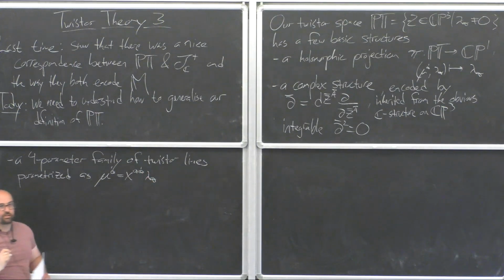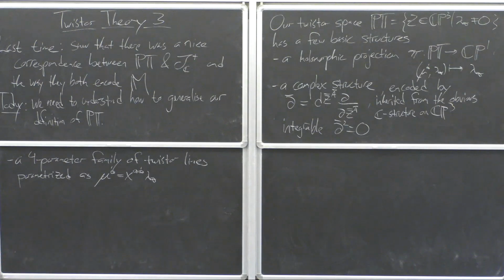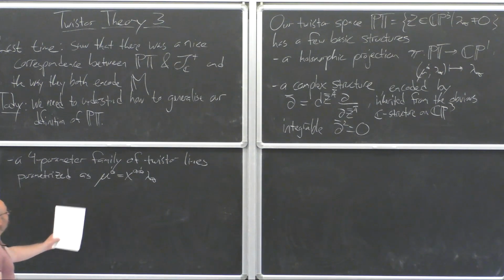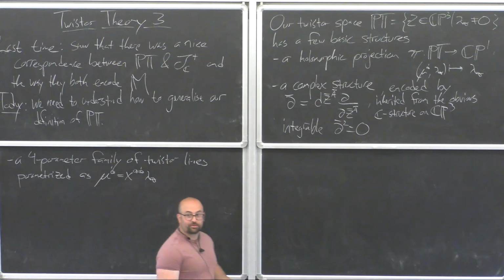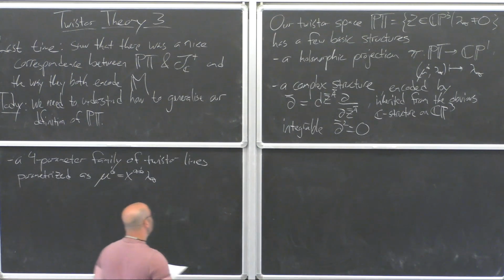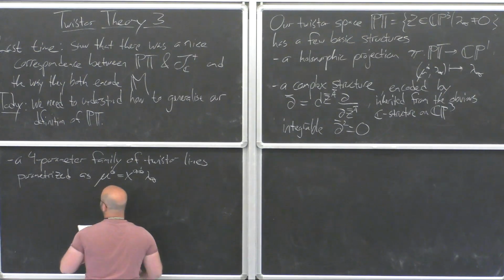The parameters labeling these lines are precisely the 4 complex parameters labeling points in complexified Minkowski space. But maybe I didn't emphasize this enough before, it's interesting to understand these lines as emerging as the solutions of a differential equation. Right? So you can obtain these